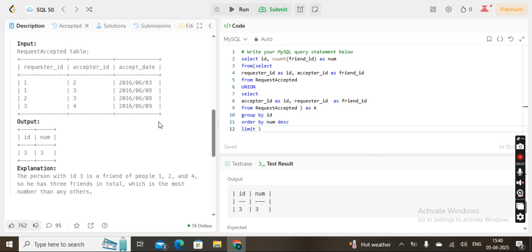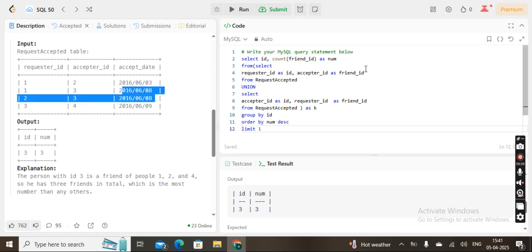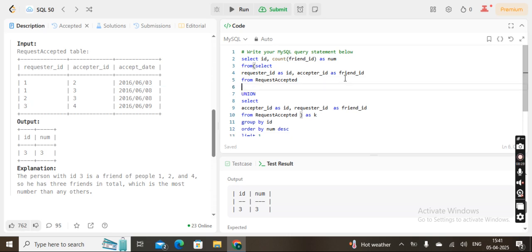Now let's say you have someone from the interview round who wants the candidate to filter it, like all the dates should be okay. Let's say the date is not equal to 8, because we have two rows where the date is 8 and we don't want that. So what I can do is, in each union, I can put it this way: except date, which is not equal to 2016